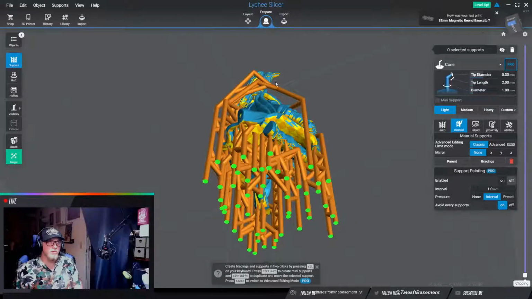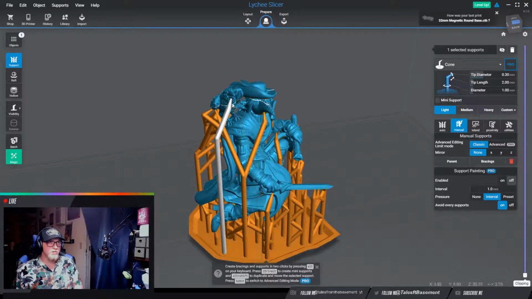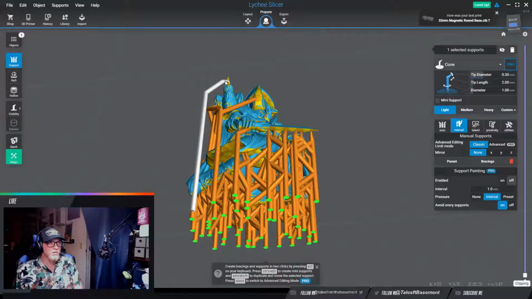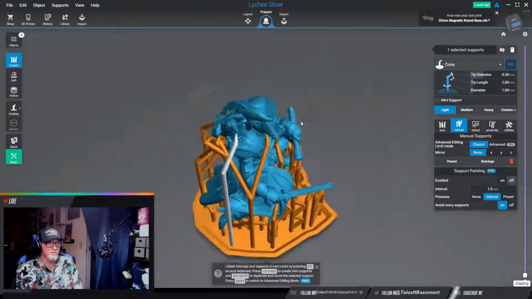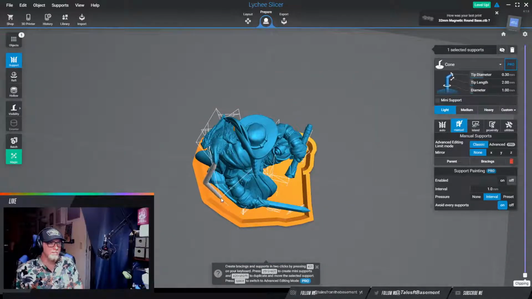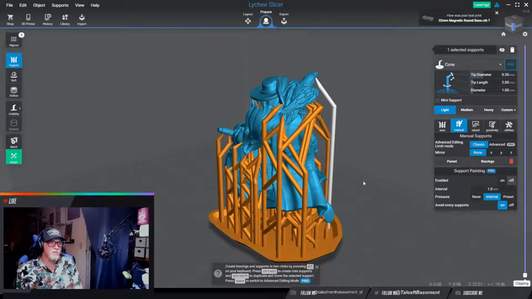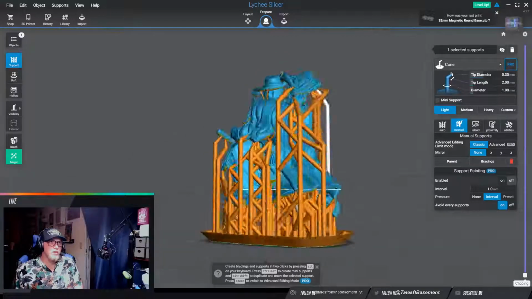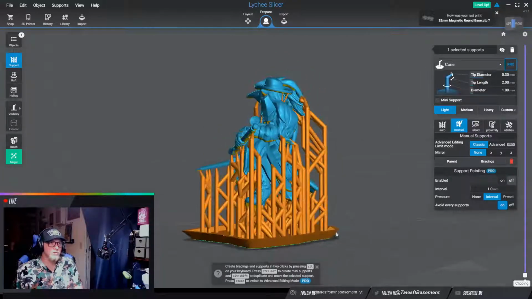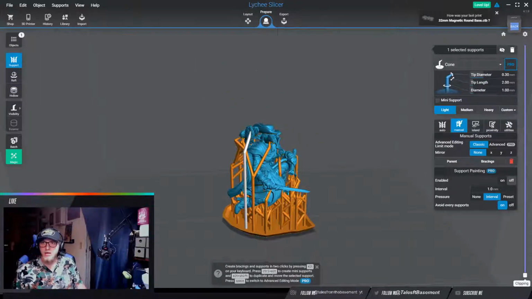And with the shape, I'm going to throw one, if I can, on his beak. I'm going to adjust that. A lot of people don't seem to realize that you can adjust supports that you place to make them better. Okay. Alright, that's looking pretty good. I'm going to go ahead and